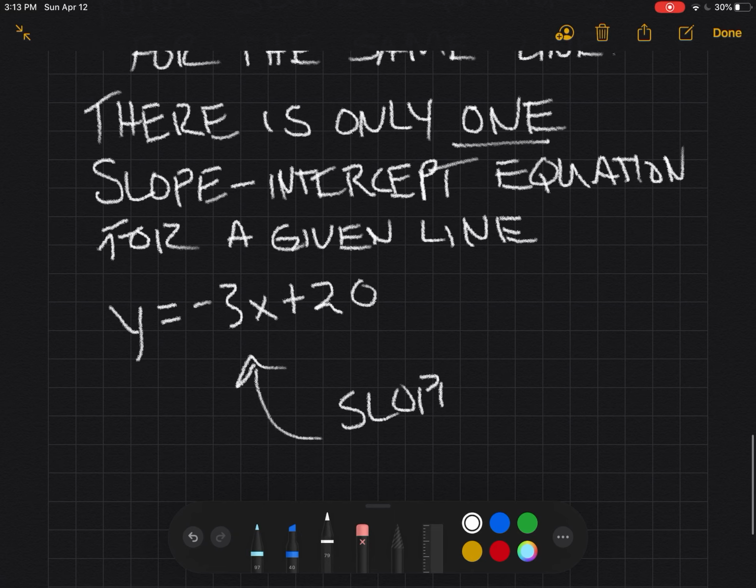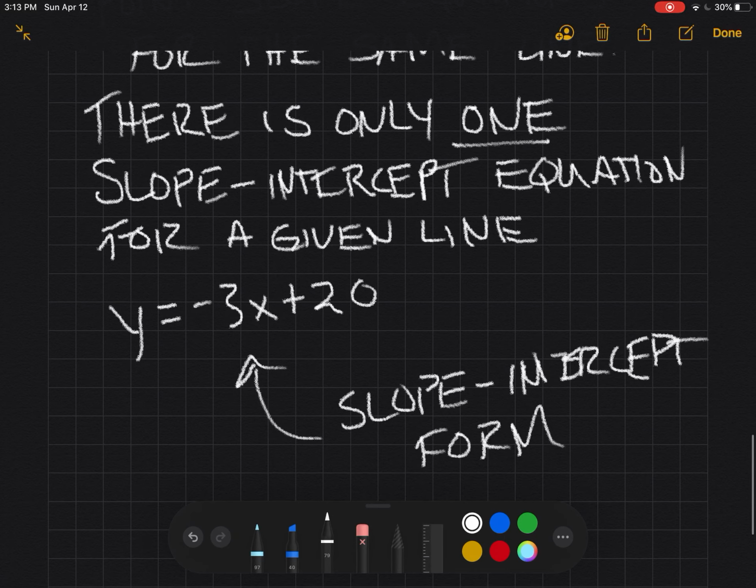Yeah, and that's what we ended up with, by the way. We had y is equal to negative 3x plus 20. This is called the slope intercept